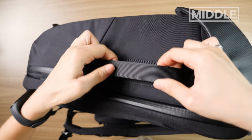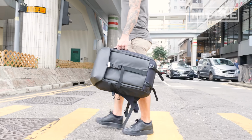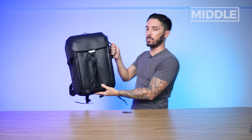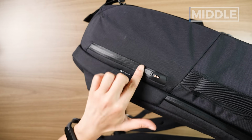Nice padding, good webbing, good for an extra point of leverage. It's not centered, so you're not gonna ever really wanna carry your backpack in briefcase mode like this. It's just a way to sort of grab your bag, gives you an extra point of leverage. Below that, we have something very interesting that I actually quite like, which is a PU-coated YKK zipper that gives